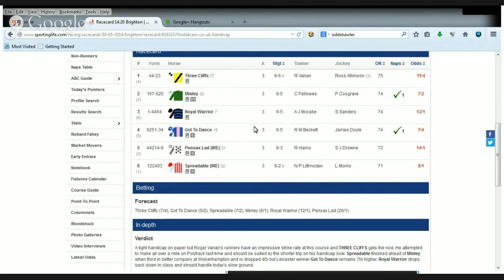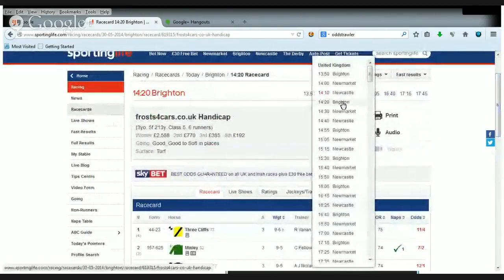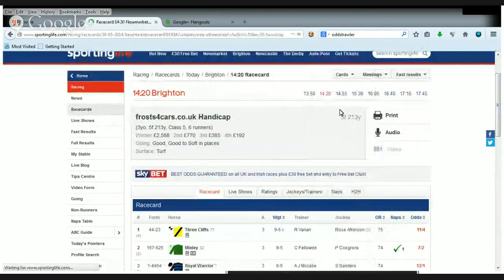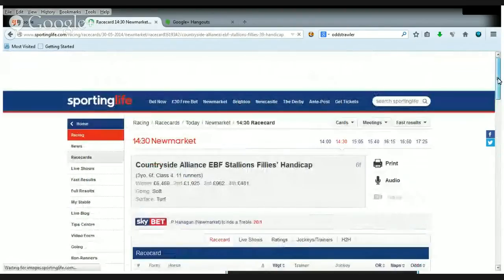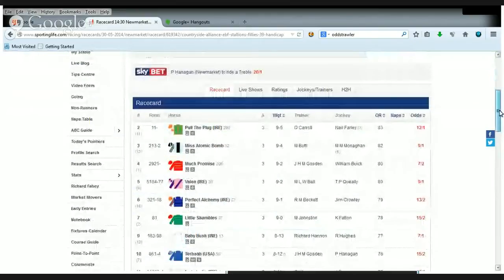Got to Dance, not worth the odds, so that's that one. Okay, 2:20. 2:30, 11 runners. Now then,